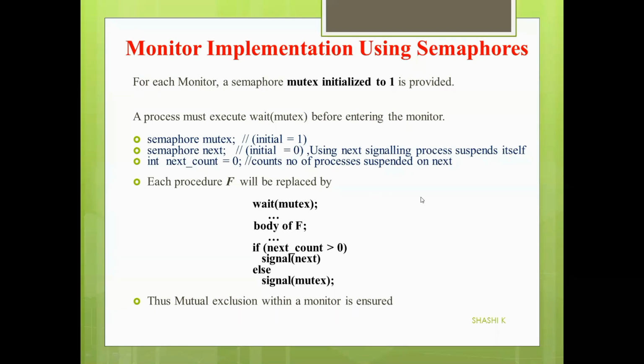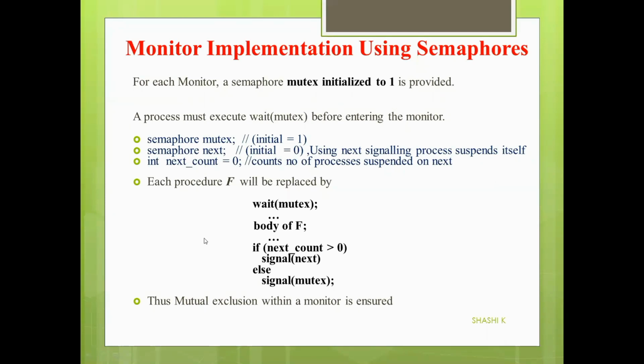But here we also have many different condition variables, and we may have processes, as I told you, the P and Q situation. So you may have 2 processes P and Q. When process P executes x.signal, and if process Q is waiting outside the monitor with x.wait, then process Q should be allowed to resume its execution. So in that case, process P will be waiting. Such waiting processes will be waiting on another semaphore called next.